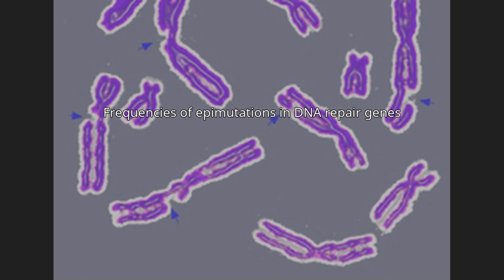FEN1, the flap endonuclease in MMEJ, is epigenetically increased by promoter hypomethylation and is overexpressed in the majority of cancers of the breast, prostate, stomach, neuroblastomas, pancreas, and lung. PARP1 is also overexpressed when its promoter region ETS site is epigenetically hypomethylated, and this contributes to progression to endometrial cancer and BRCA-mutated serous ovarian cancer. Other genes in the MMEJ pathway are also overexpressed in a number of cancers. See the figure for summary, and they are also shown in cyan.